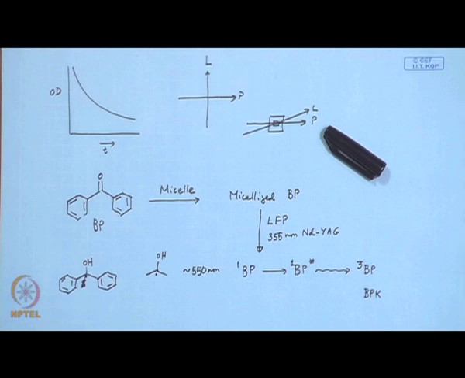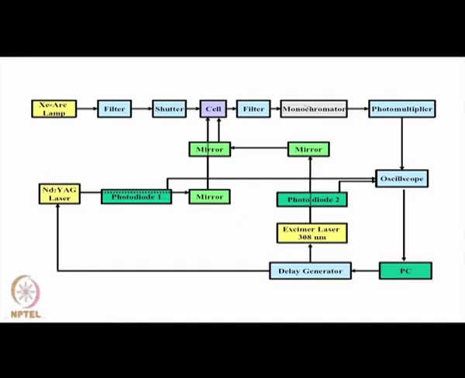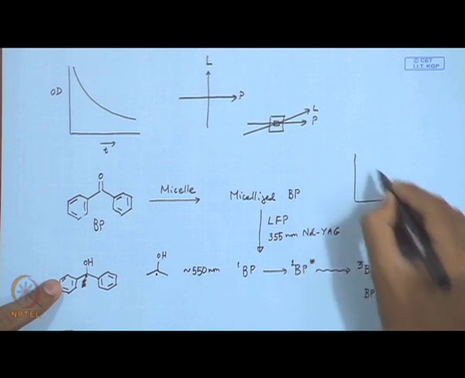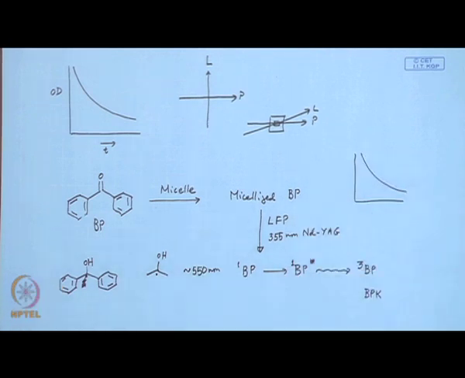So, if we monitor at 550, that is if we put the monochromator at 550 nanometer and then take the signal, we will be getting this decay of the benzophenone ketyl. Okay. So, this way we can follow the reaction in the excited state,